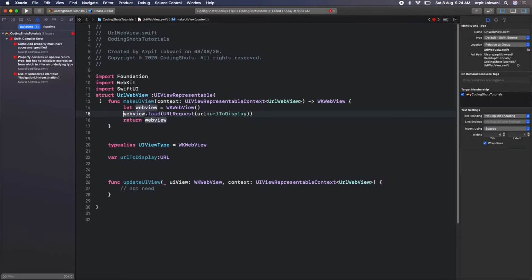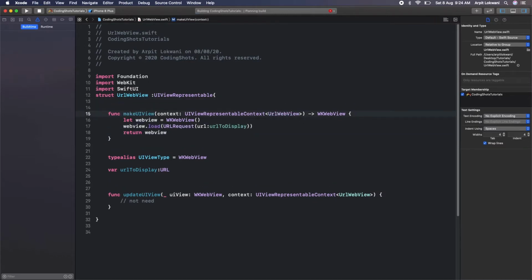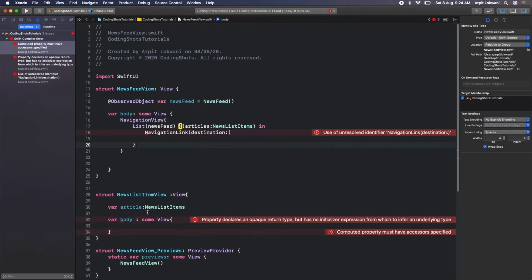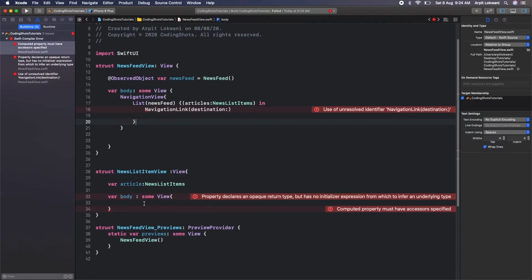Fine, so that's why Apple was asking. Let me build this again. Build failed, where, okay, there we are working, right? So it should get failed. Okay, so where were we?